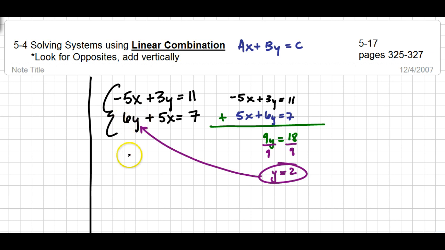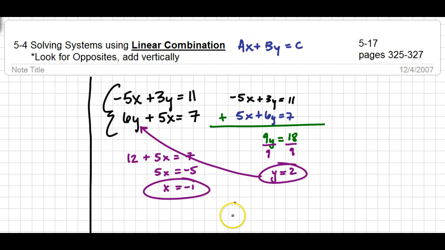So I know 6 times 2 is 12, and now I'm going to solve the rest of that equation for x. I'm going to add negative 12 to both sides. If I do that, I get negative 5, divide both sides by 5, so x has to be negative 1. Keep in mind that your answer could be listed in coordinate form, so you could list it as negative 1, 2 that way, or you could list them out separately. I would also recommend